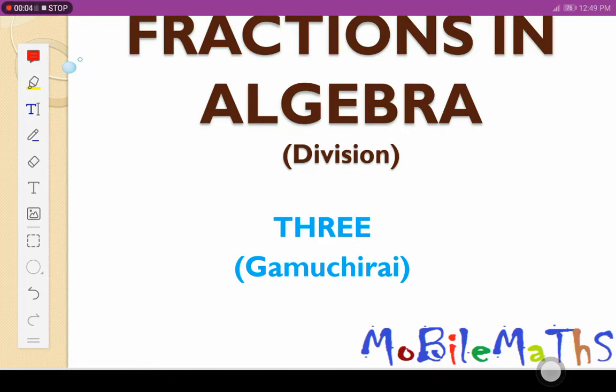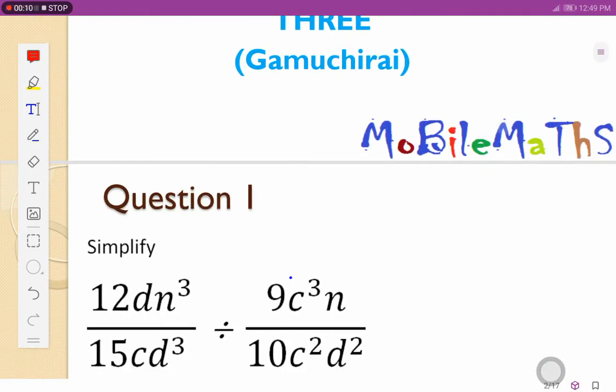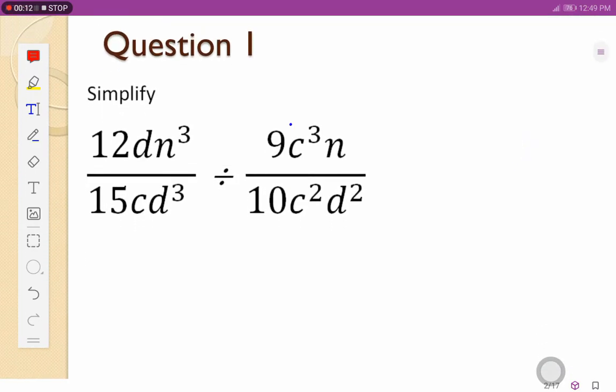Today we want to look at division in fractions in algebra. Okay, so I've got a couple of questions that I want us to go through. So here we have got this division. So when we have such a division, I can